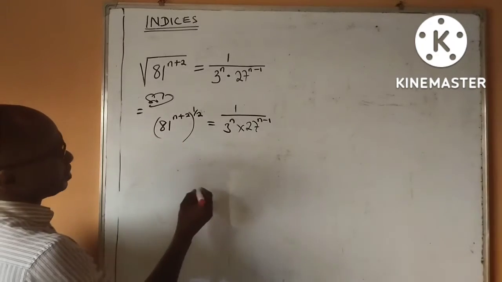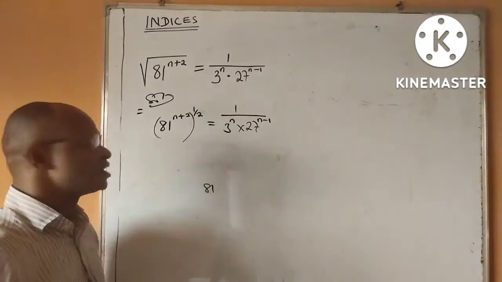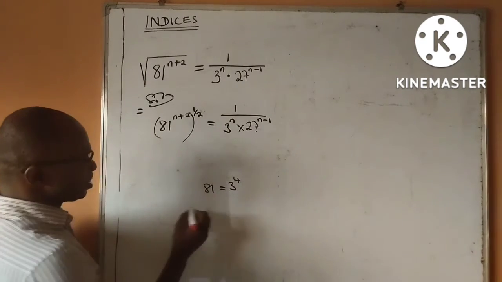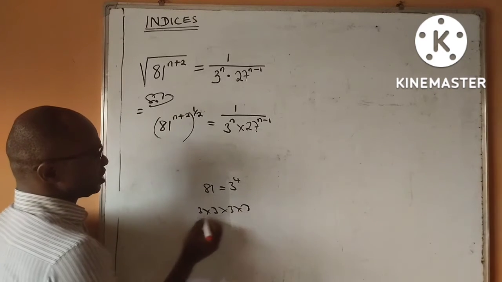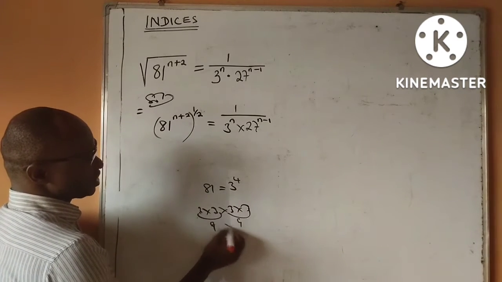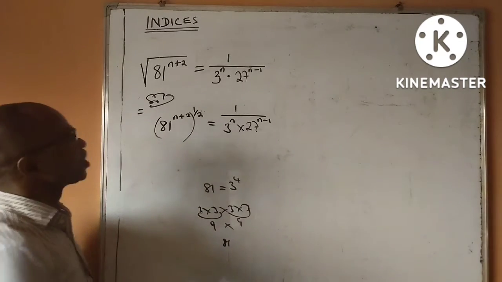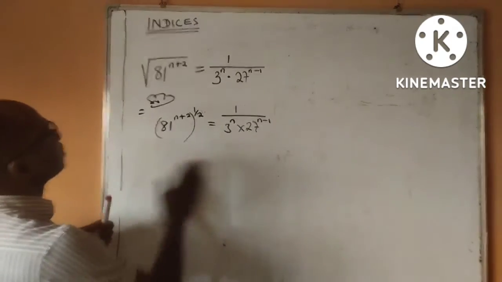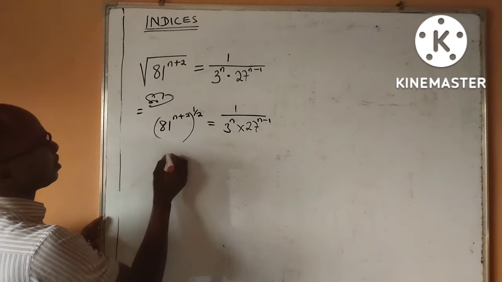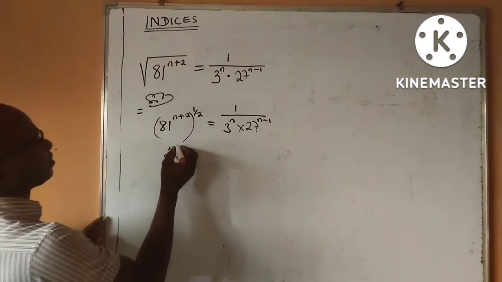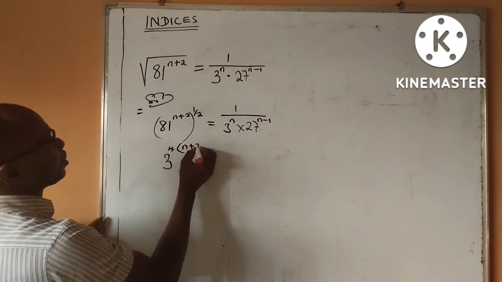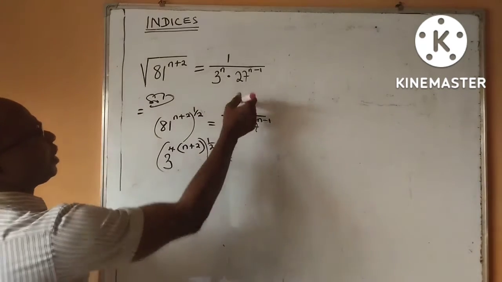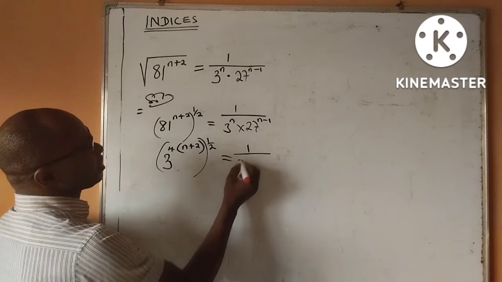Also, 81 as a number can be written in index form as 3 raised to the power 4. That means 3 times 3 times 3 times 3, because 3 times 3 is 9, 3 times 3 is 9, and 9 times 9 is 81. So I can write 81 as 3 raised to the power 4. Therefore, I will have 81 as 3 raised to the power 4, then everything n plus 2. Then, outside the bracket, I still have 1 over 2, equal to 1 all over 3 raised to the power